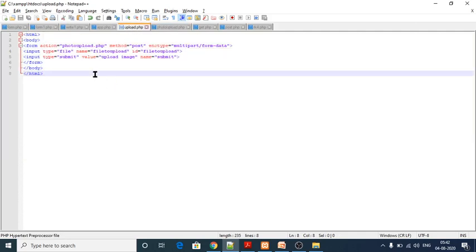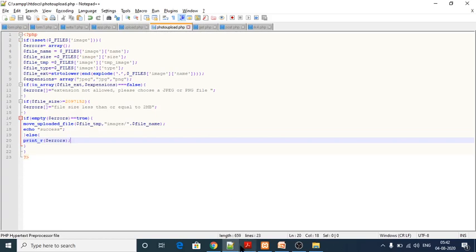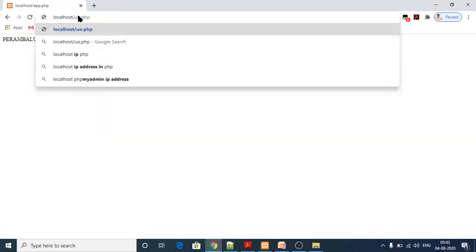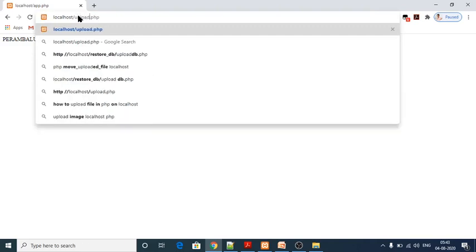See here, because here I have created a link to upload file as well as photo upload file. So I am going to give upload file itself. I am going to execute my upload file itself, upload.php. Yes, see here, while clicking this choose a file, it would open